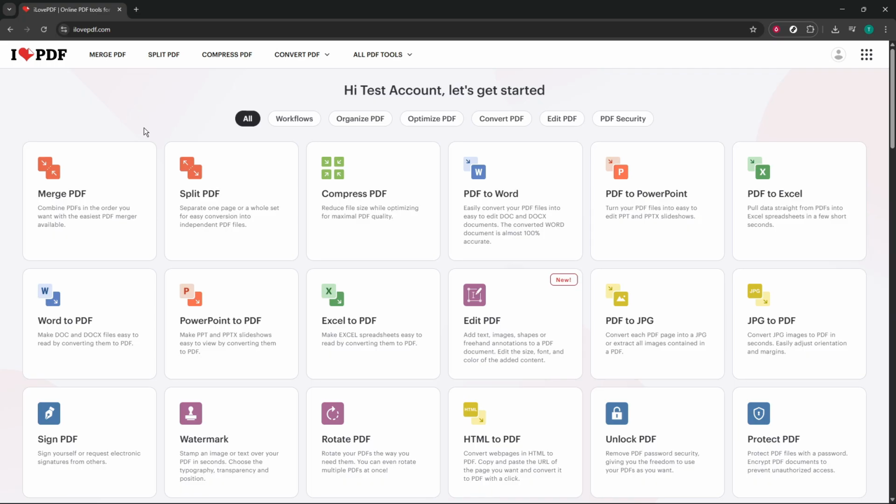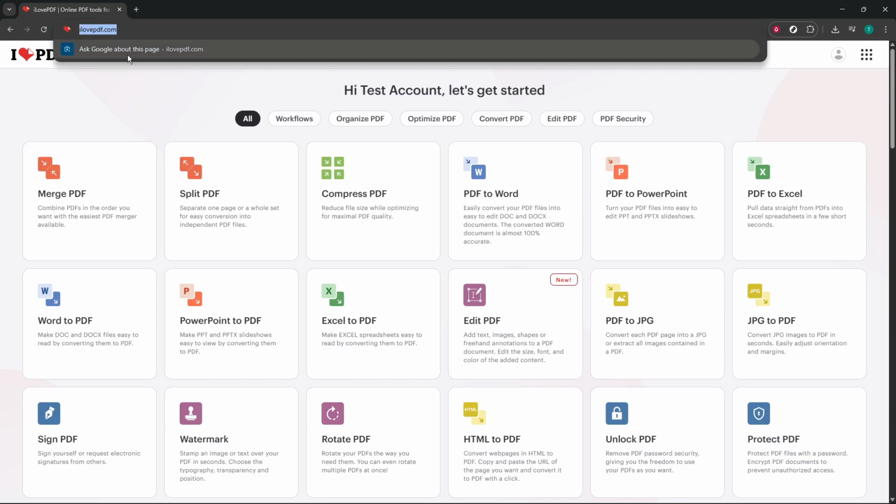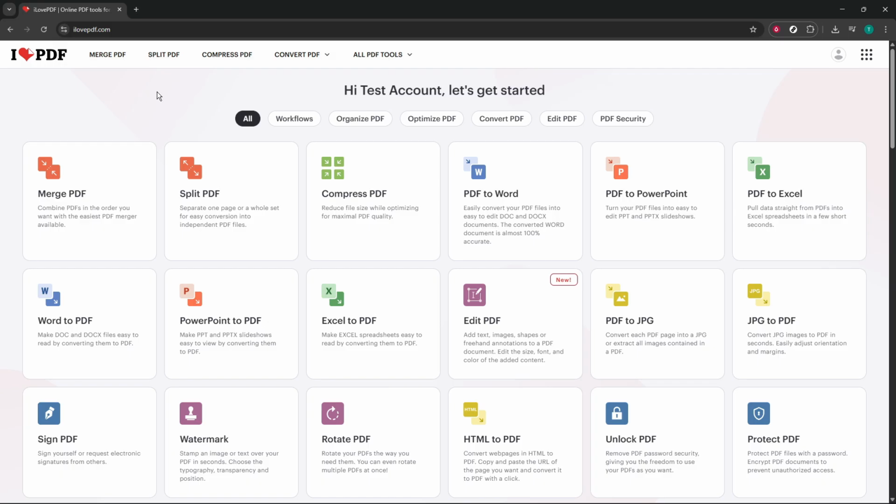First, to get started, open your web browser and head over to ILovePDF's website. It's an incredibly useful online platform packed with different tools for manipulating PDF files. Once you're on the homepage, you'll notice a range of options, but what we need to focus on today is